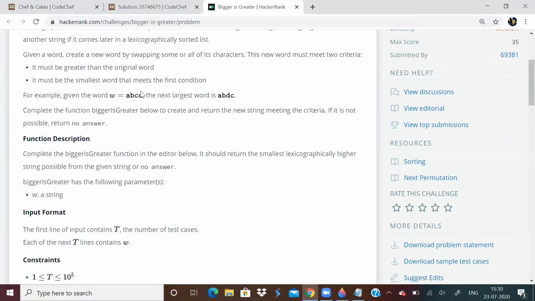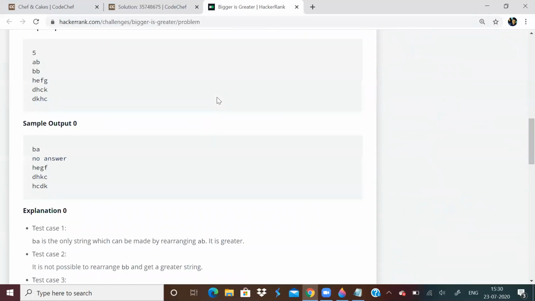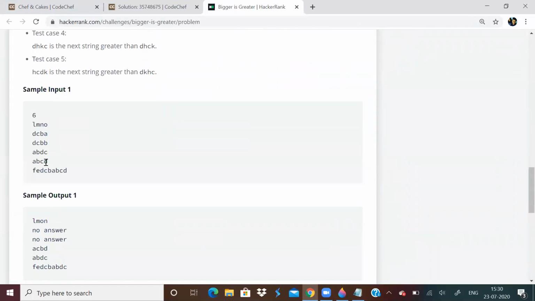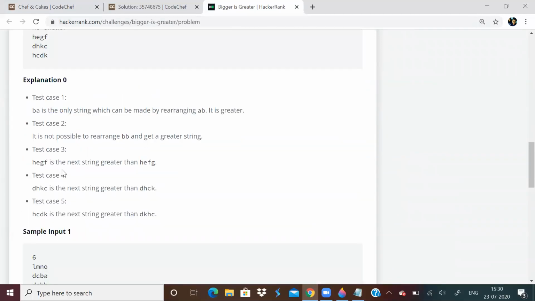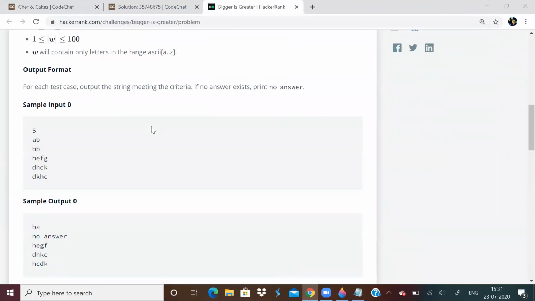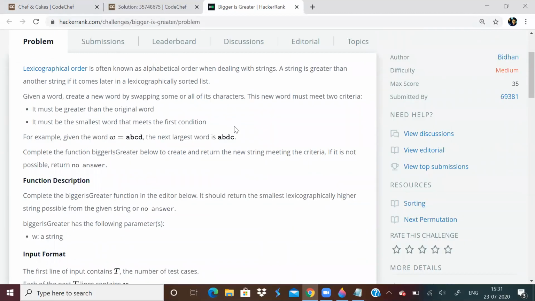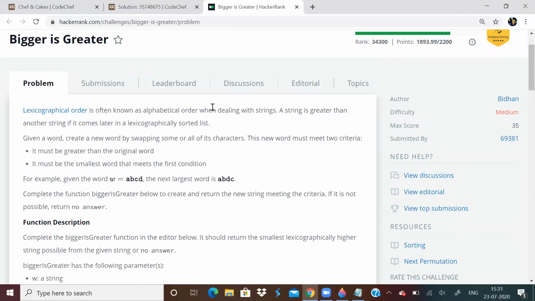If the word is ABCD, the next largest word will be ABDC. You can see the example and you have to solve the question. I'll share the link with you. In this question, you have to use that next permutation STL. It will make your life very simple.